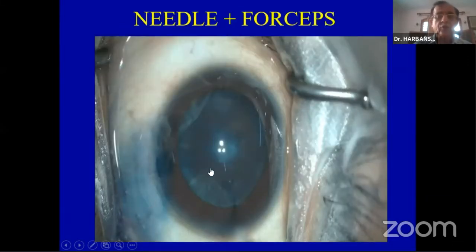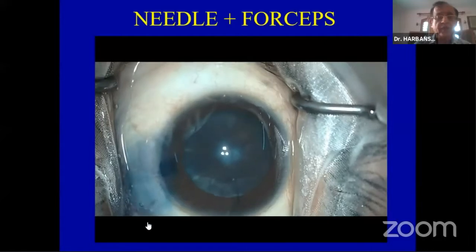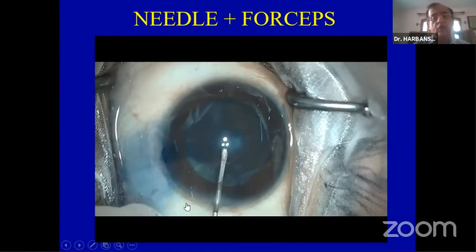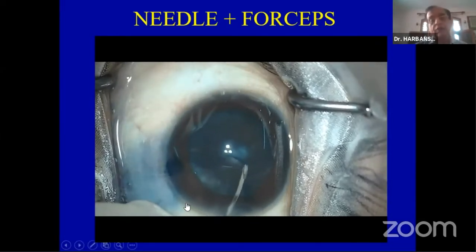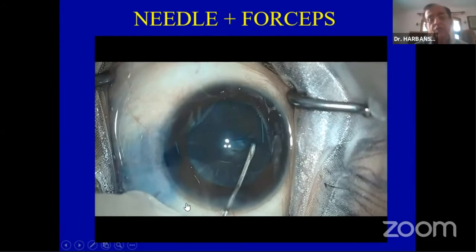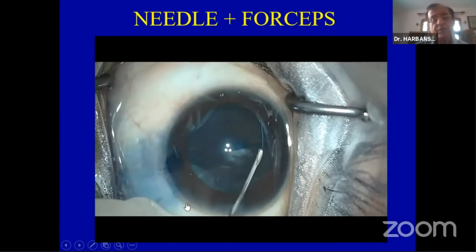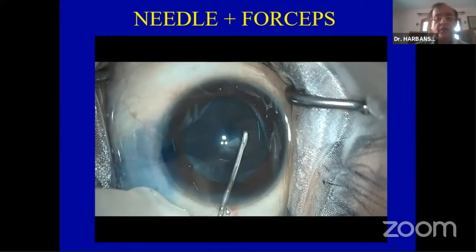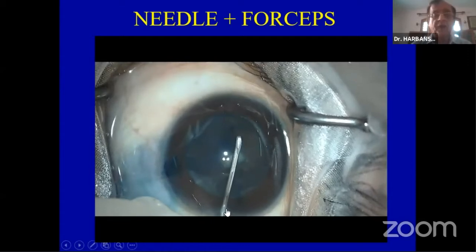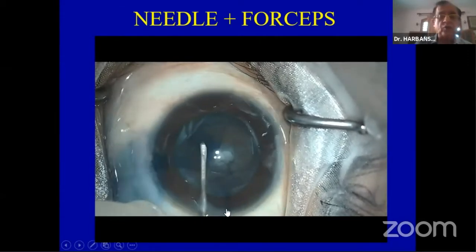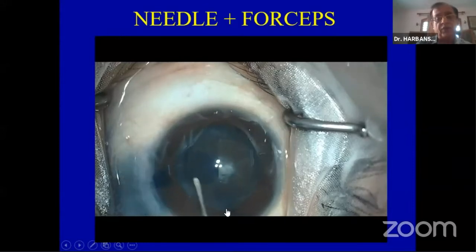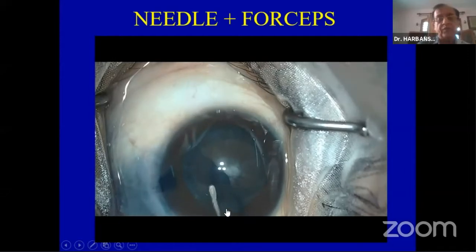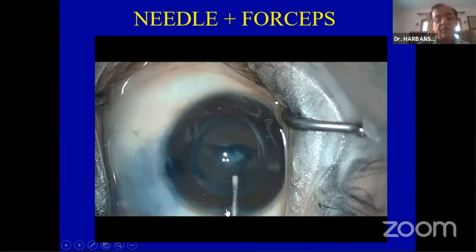So sometimes you might have to start with the needle rexis, and whenever you feel that you are not comfortable, the capsule is getting cut, you might have to go back to the forceps. So in this case, we used a combination of the two. That means we are using the needle rexis, and after doing the initial part, when we feel that we are going to cut the capsule and we are not comfortable because of the soft base, as in this case, the visibility was not so good because of the central cataract and a cortical cataract in the anterior part.